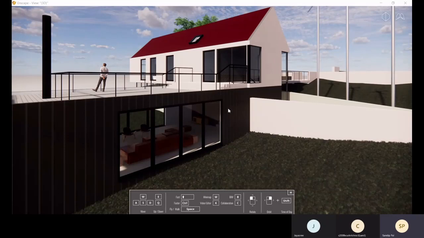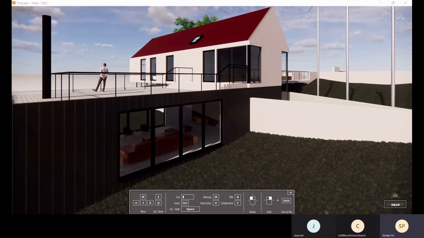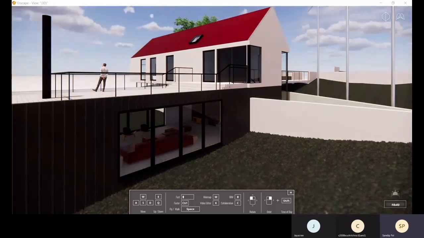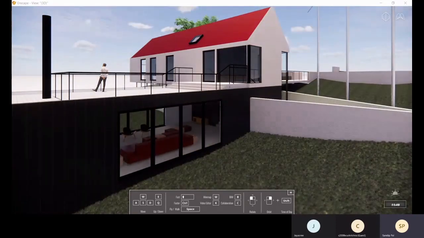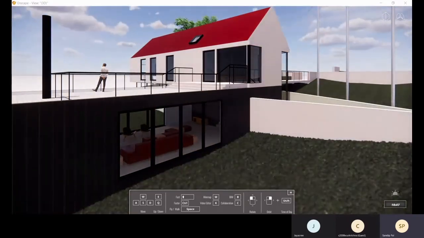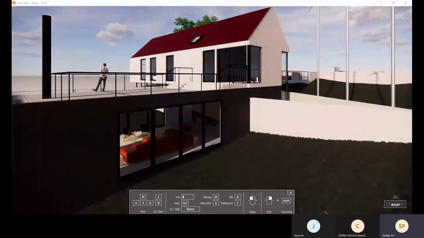If you want to forward the time, move your mouse to the right side. If you want to go backwards in time, move your mouse towards the left side.